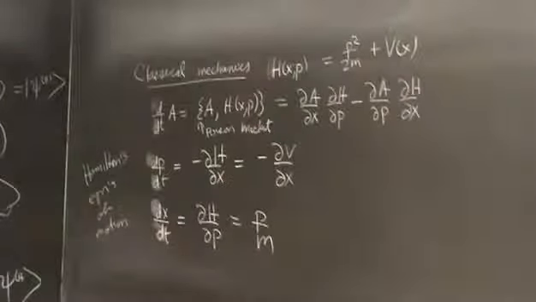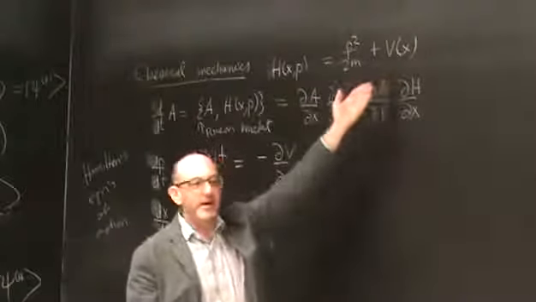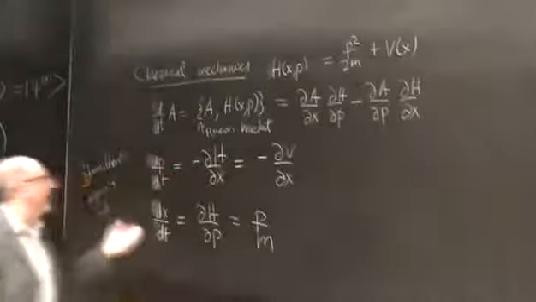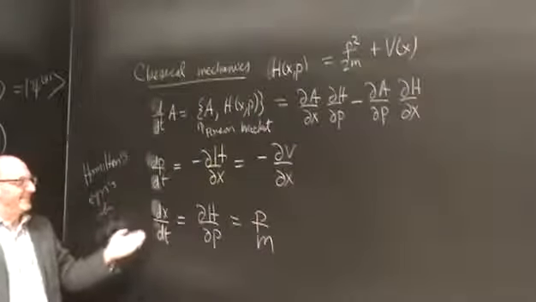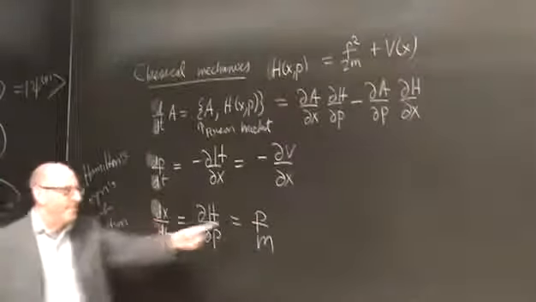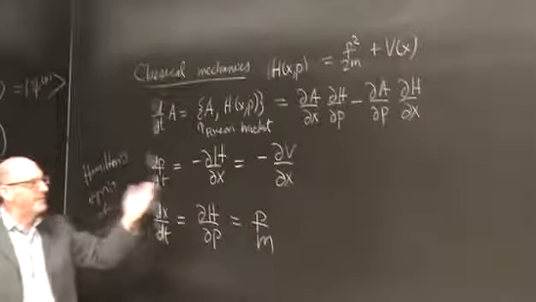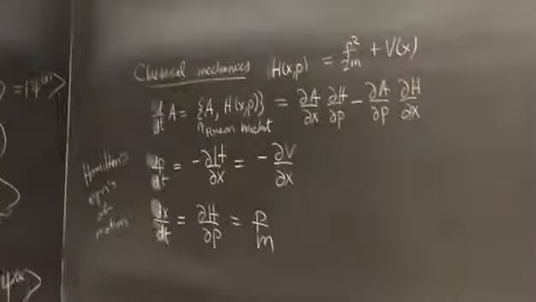Okay? And so in particular, if I looked at, for example, how position and momentum evolve as a function of time, if I think about a particle moving in one spatial dimension in the presence of a potential, then I get the usual equations. This is that the momentum is related to velocity, and the change in momentum is given by the force, Newton's force. Okay? Right. Okay, any questions? Okay,